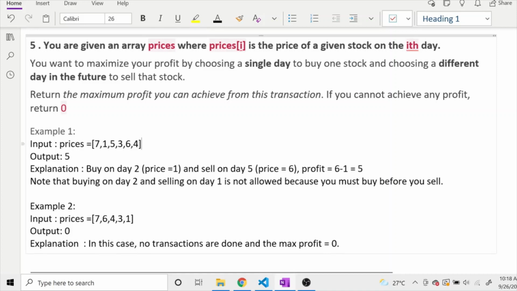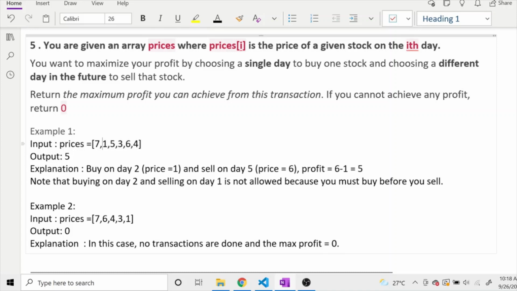What the problem is saying is, first of all, we are given an array of prices. On the first day, suppose we have bought an item for rupees 7. As we can see, in all the next days we are not selling this item for more than 7 rupees. So our profit will be 0 for now.